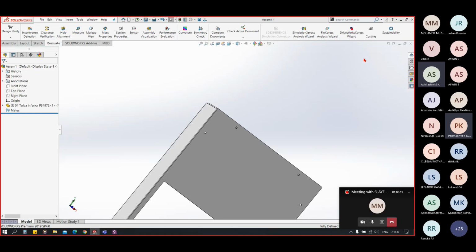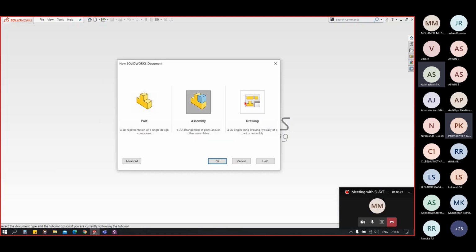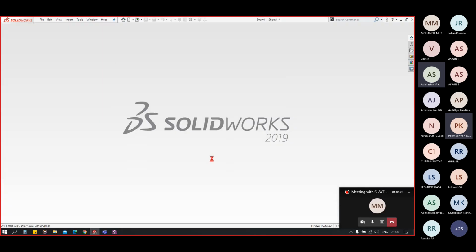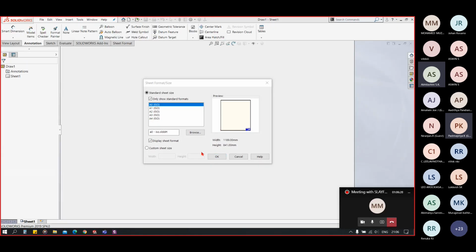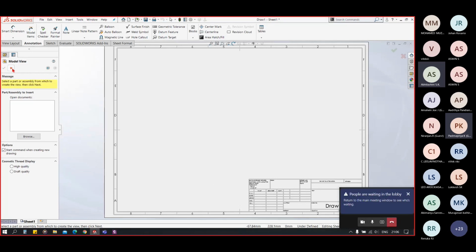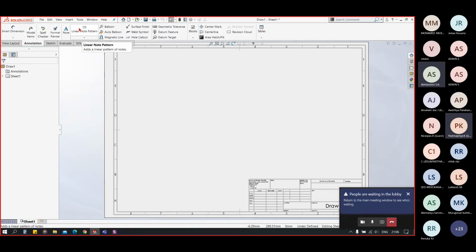Now going towards the drawing. In the drawing again there are lots of things. We have to select the paper size, click on OK. Now you can see in the annotation tab we have dimension, notes, linear note patterns, we can add balloons, we have surface finishes, weld symbols, geometric tolerances, center marks, blocks, center line, area fills, and tables remaining.